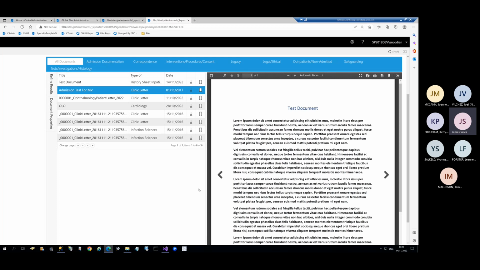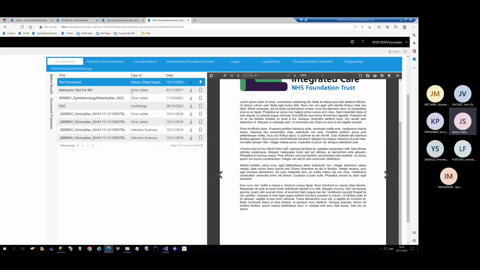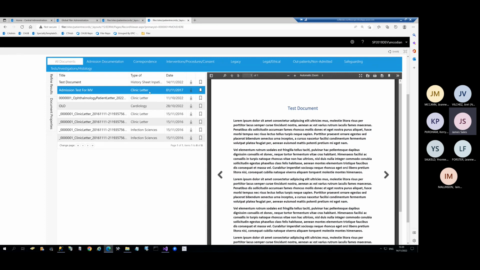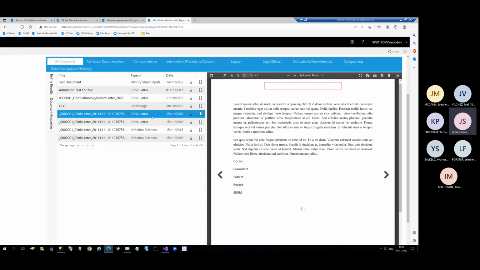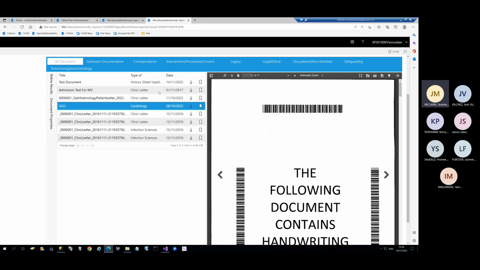Records will all be displayed in date order, so when they're created. So for the clinician, they'll always see the most recent document at the top. They'll be able to page through them via that method or by clicking on the documents they're interested in seeing. If we had to send it to another trust